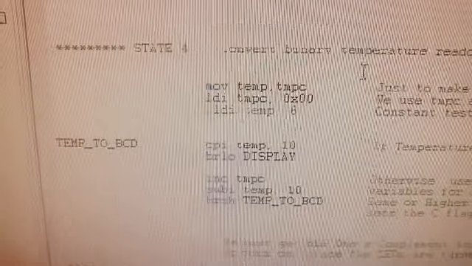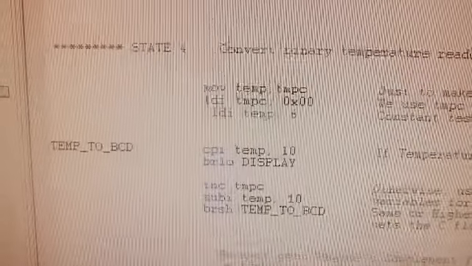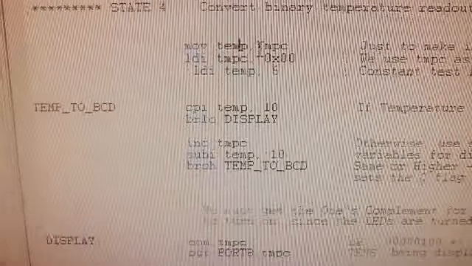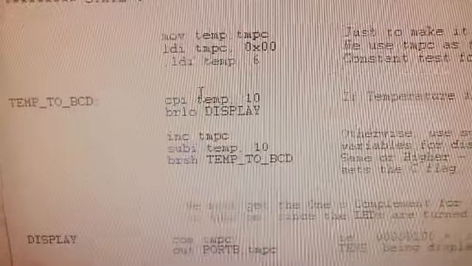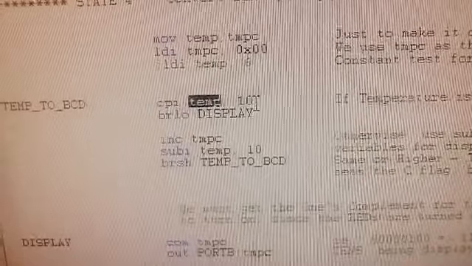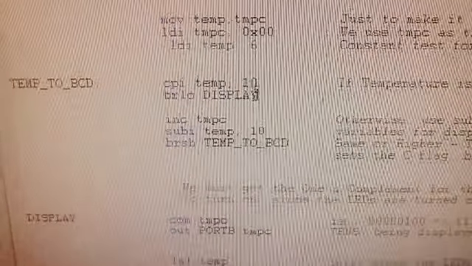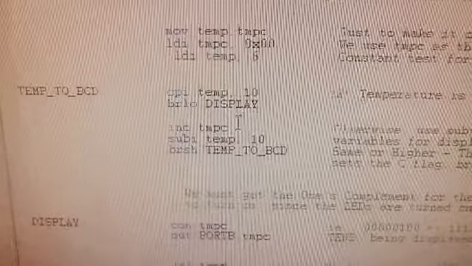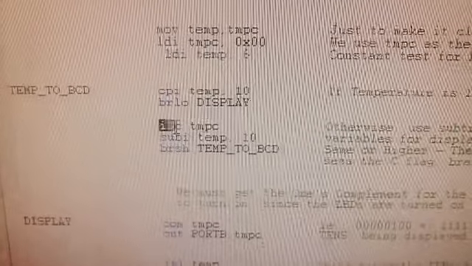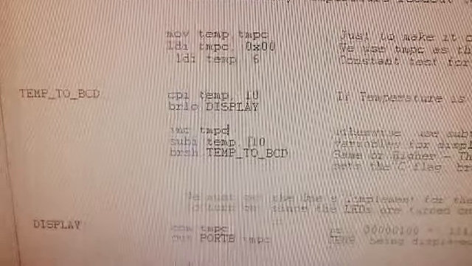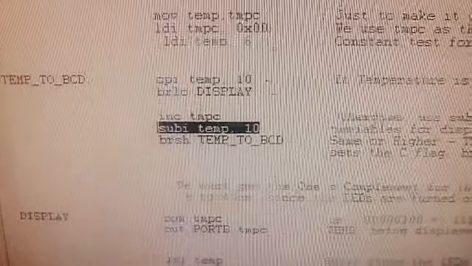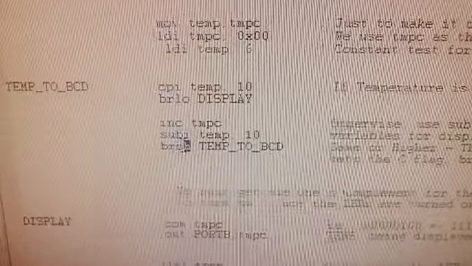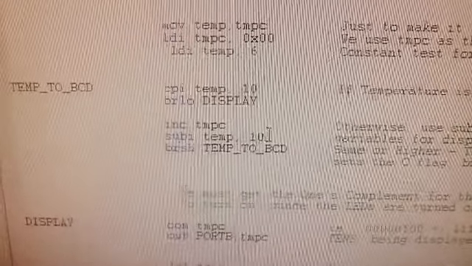And then we go to state 4, which we convert the calculation, which should be a number, which should be in temp, and then we do a compare by 10. If it's less than 10, it would display it, because it will just display on the 4 LED marker. If it's more than 10, then it goes here. We increment temp sensor for every 10 that there is, and then we subtract 10. So we'll keep doing that until it's either 10 or